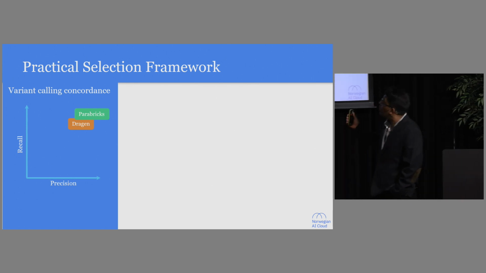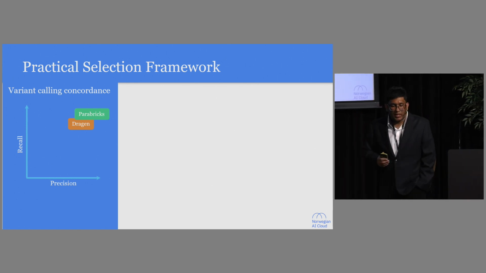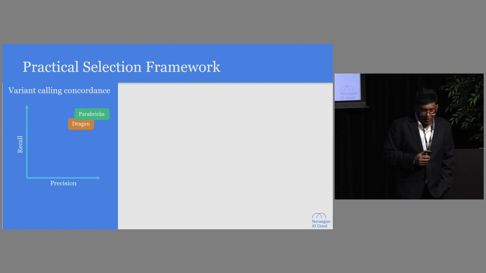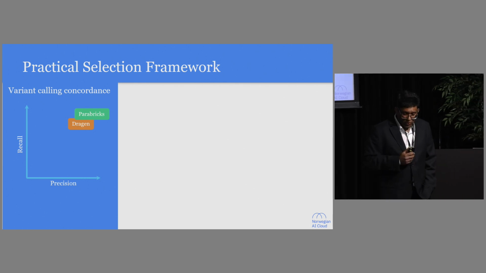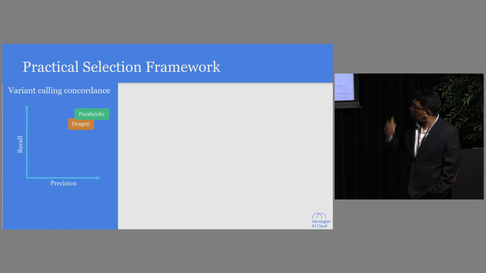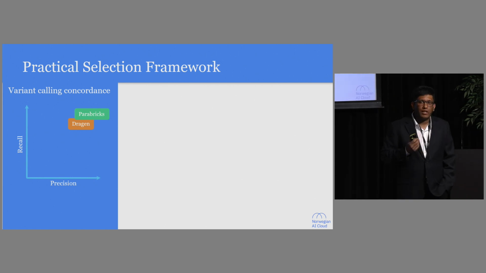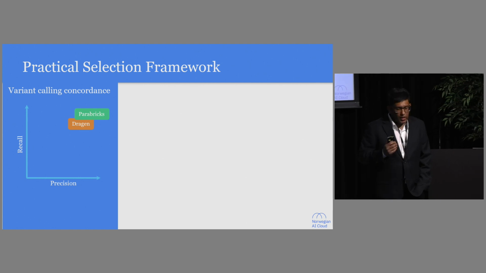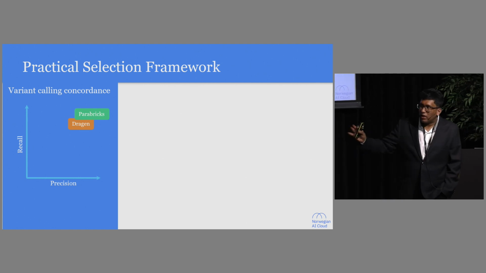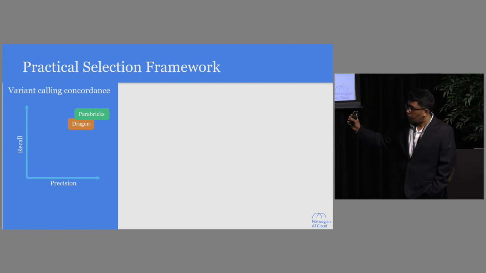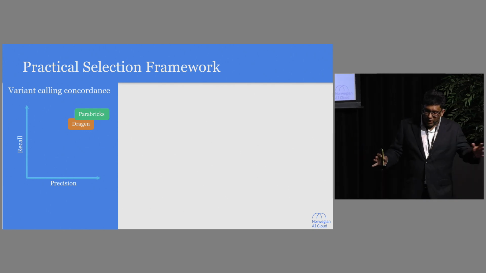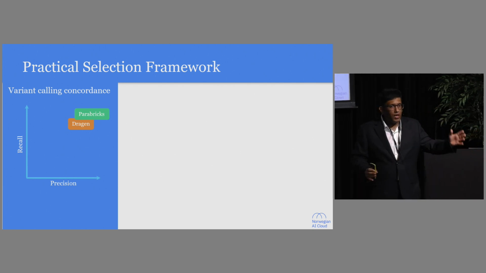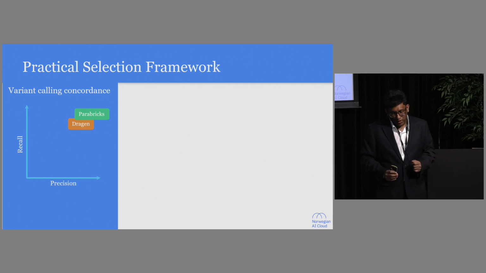Then we thought of a practical framework to select an accelerated platform. So first we did a concordance analysis. What we did here was to study the validity of the accelerated variant callers. So here we compared the variant calling from the accelerated workflows to the variant calling from CPU-only best practices standard